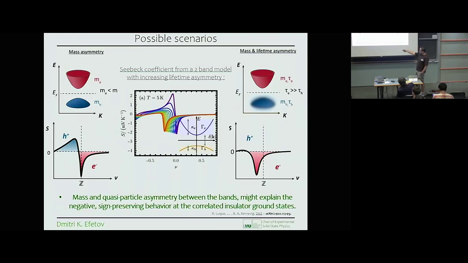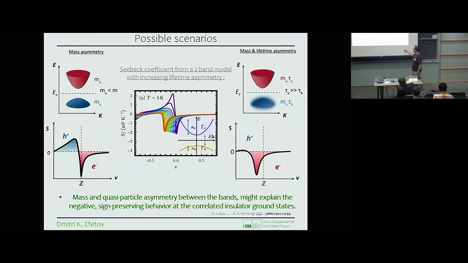So we get a strong asymmetry, but we can never suppress the whole contribution of this type of behavior. However, if we were able to suppress this contribution of the Seebeck here, we could basically get a signal like that. And this suppression we can engineer if we assume a very short lifetime, meaning the particles scatter a lot. This type of lifetime asymmetry, a very low lifetime of the hole excitations, would definitely reduce the Seebeck coefficient. And if it's strong enough, it would basically result in the sign-preserving